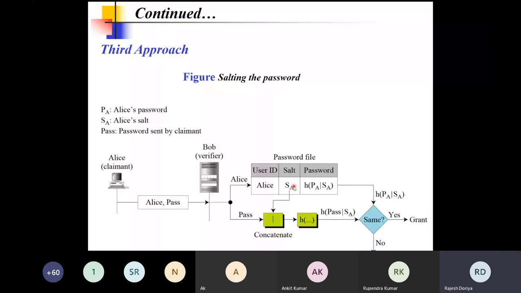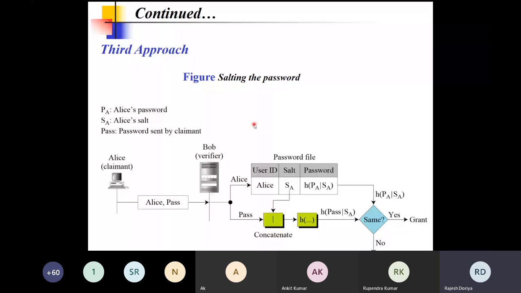And what is the salt over here? This is a randomly generated string. Salt is nothing but a randomly generated string. For example, the length of our password is 6-bit, and we have concatenated a 4-bit salt with it. So in general, the length of the password now will become 10 bits. So the key space would be more. That means the adversary has to now explore a lot of possibilities. So that will again improve the security of the overall system. And when this particular thing matches, then the access is granted, otherwise the access is denied.